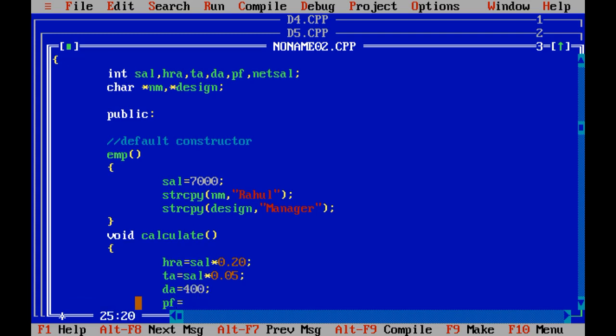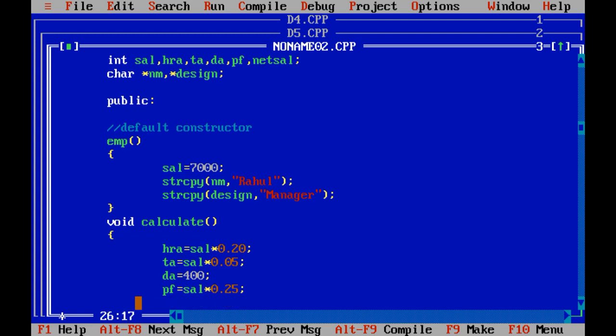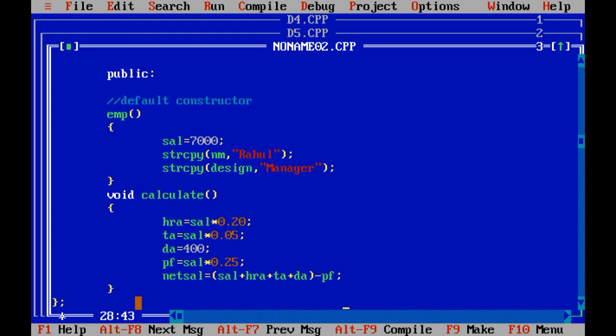PF equals, this program we have already done in the C language, right? We have not used a class over there, but in simple programming language we have performed this program with the formula. And net salary equals salary plus HRA plus TA plus DA, and PF is deducted from the amount.